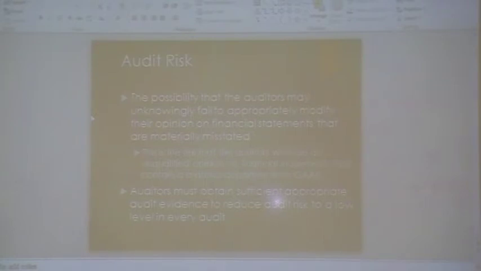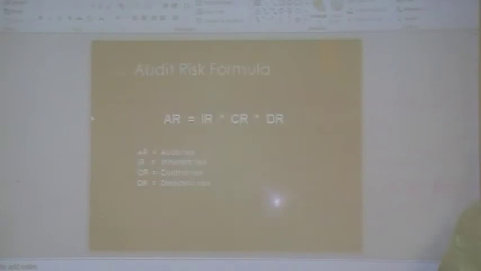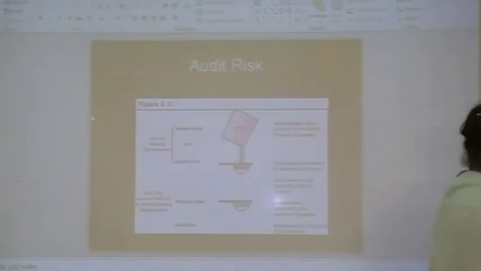So you've got the same thing here now, your audit risk formula: inherent risk by control risk by detection risk. Okay, there you are, the 3 of them. And it gives a little figure there showing the risk of material misstatement. Your detection risk, the risk that auditors will fail to detect material misstatement. And they're showing that they're all linking to each other.